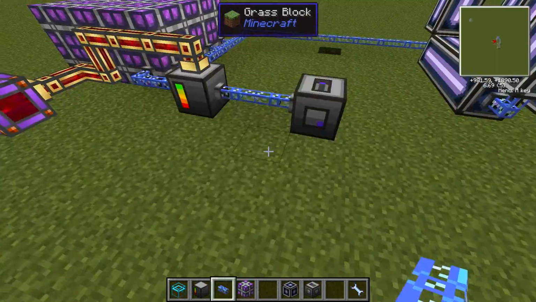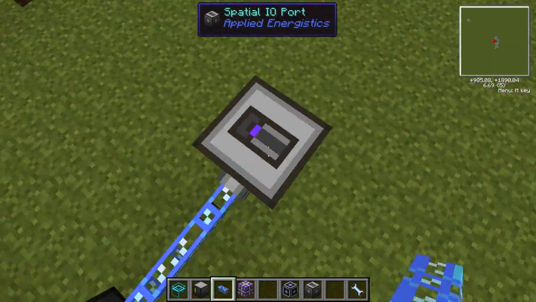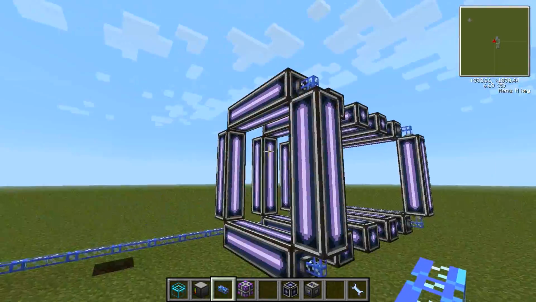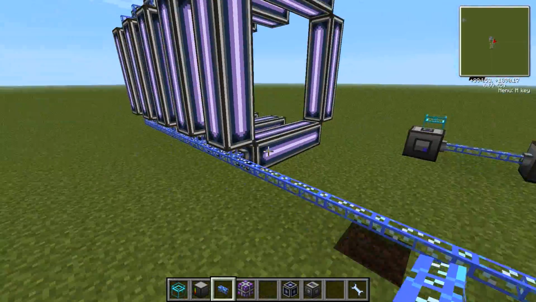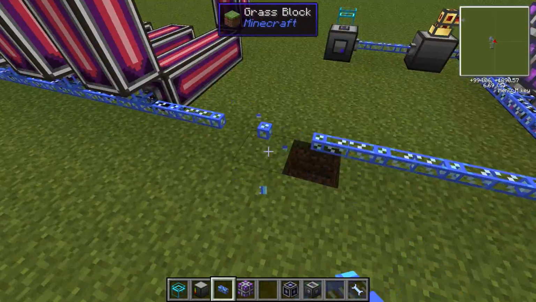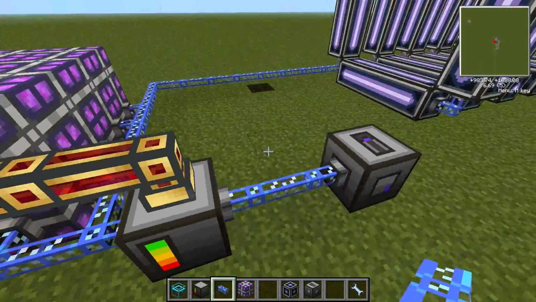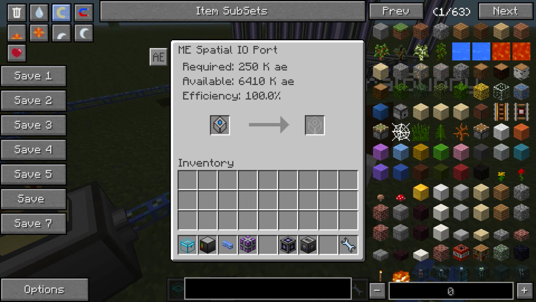This spatial port needs a lot of access. We can move it anywhere actually, can't we? So that doesn't matter. If you see this has changed colour now, which means it's correct and it's powered. And if you right click on the spatial I/O port,